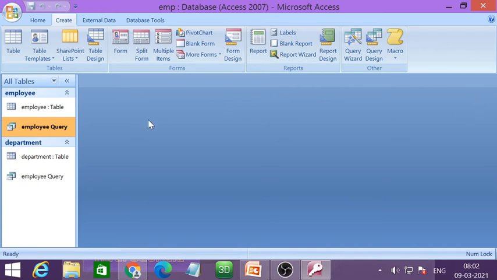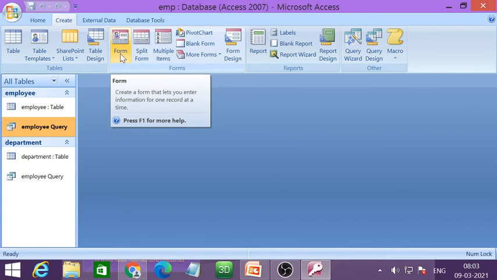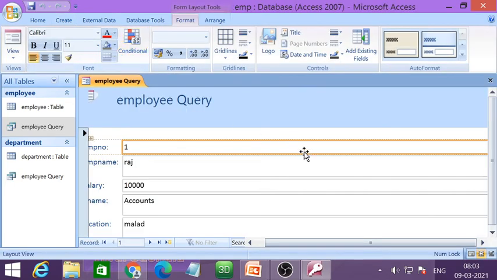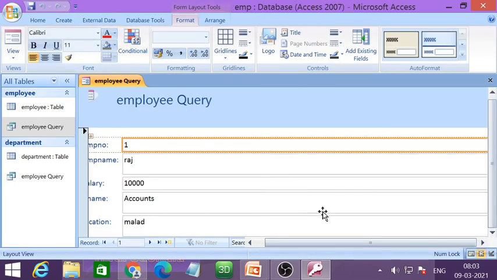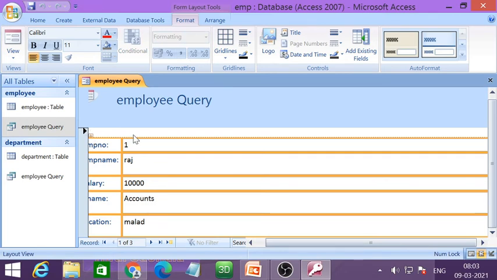Next is creation of form based on this query, right? So students, we will click on this employee query, click on form. Now as you can see, the form is ready. Students, hope you remember how you can apply a design or a look to your form.